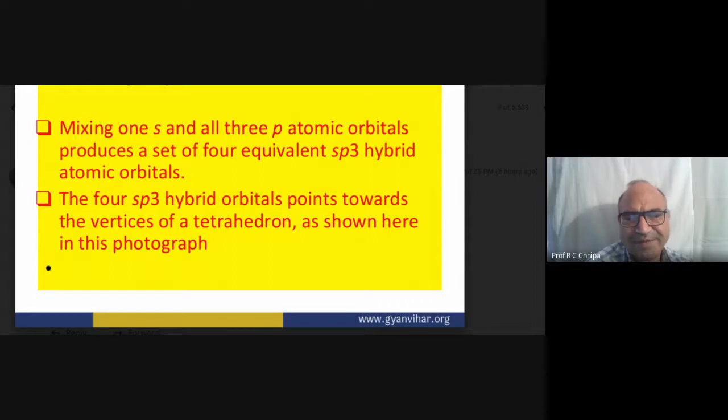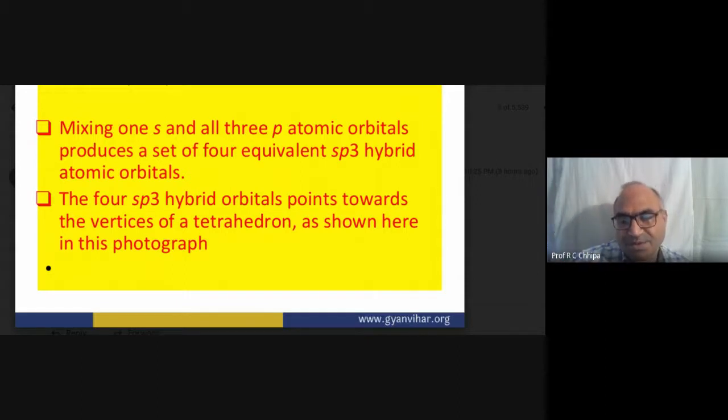The four sp3 hybrid orbitals point towards the vertices of a tetrahedron, so a tetrahedral shape of molecule is formed. Earlier we got linear in the case of sp hybridization, trigonal in the case of sp2, whereas in sp3 hybridization